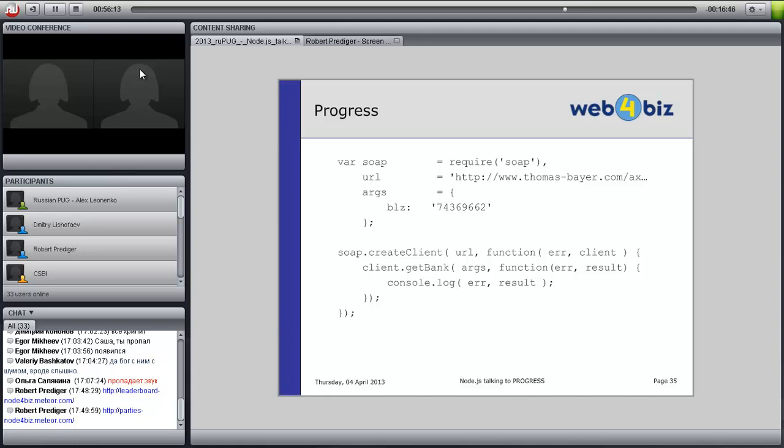In Progress, it is just as simple, because a web service is as simple as talking to an app server.